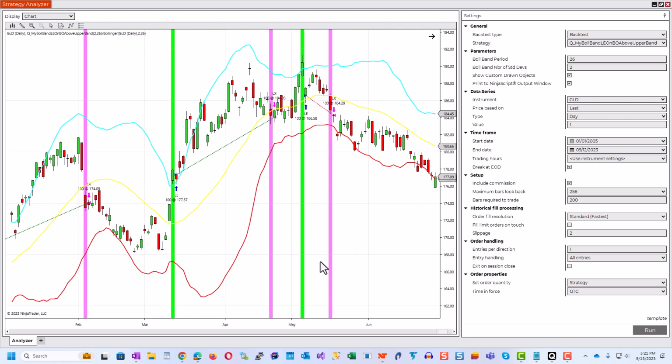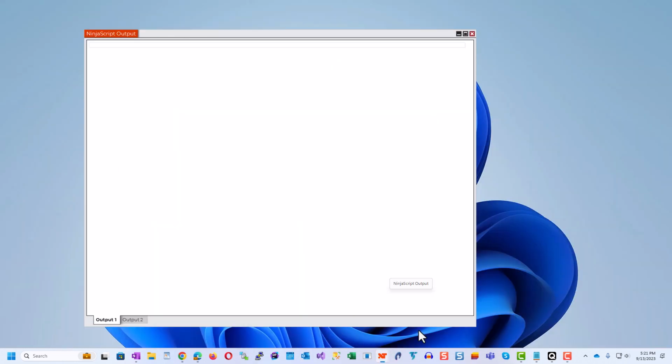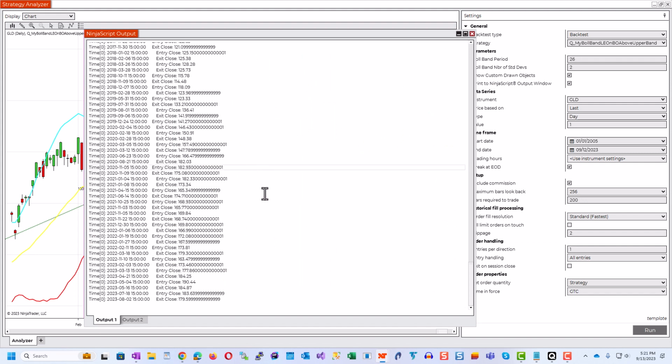Let's go ahead and look at our output window here. So here's the NinjaScript output window, and you can see here that the last entry close was on July 18th, 2023, and the last exit signal bar was on August 2nd, 2023.